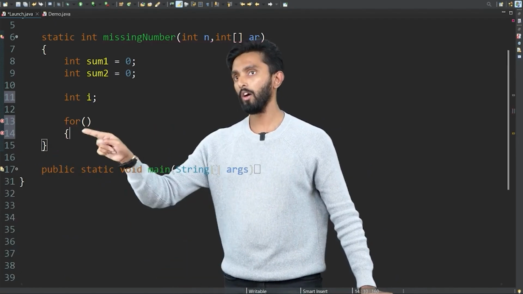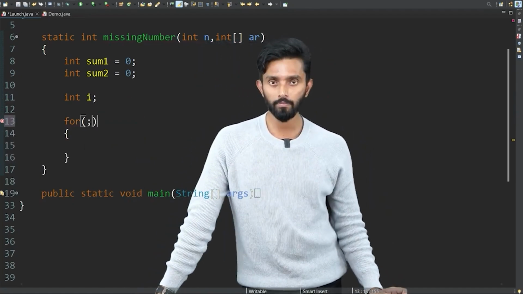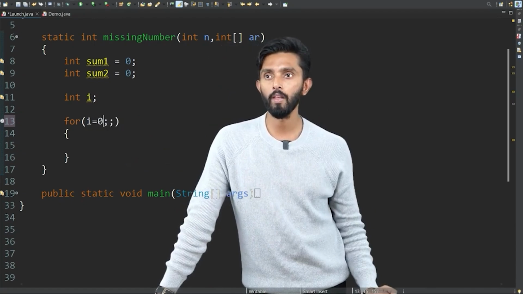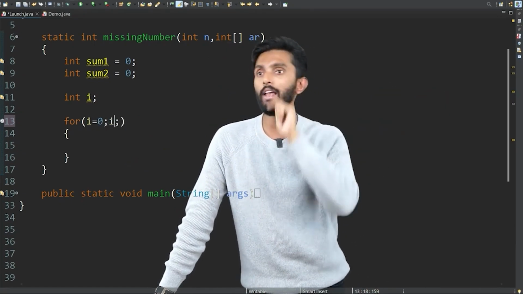Yes. Now here, put the brackets. I'll put 2 semicolons inside. First I will tell where I should start from: 0. Maximum till where should I go? Till the last element, I less than